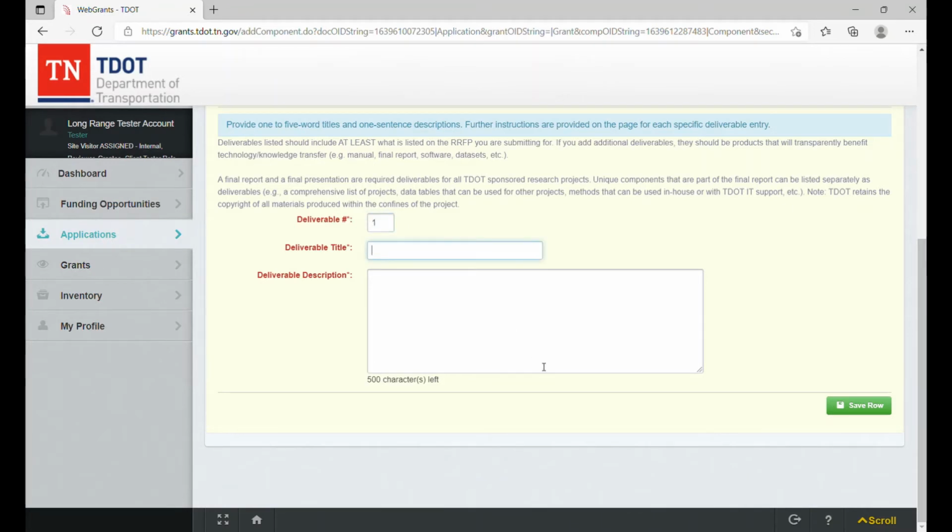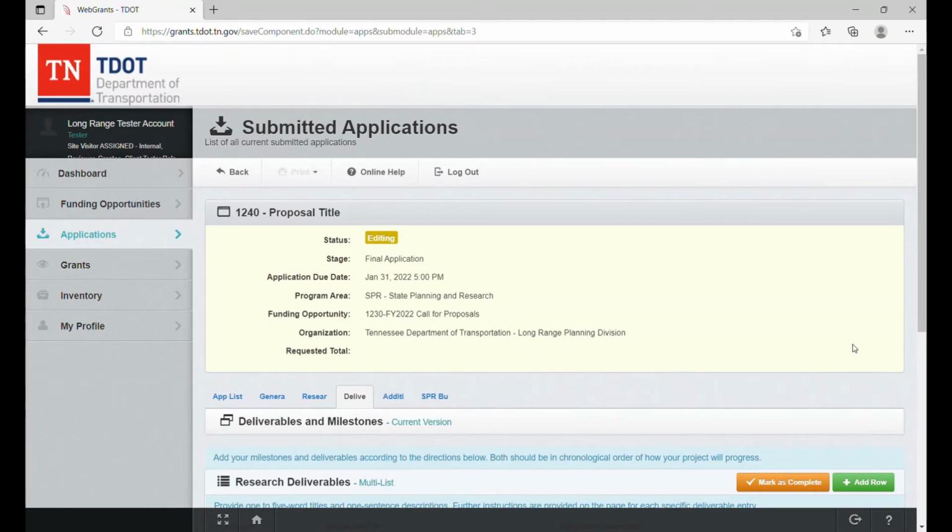Quickly add an example. This is one that will be normally on all of our applications, because this is a requirement by the Research Office, also a requirement by FHWA. You'll click Save Row,